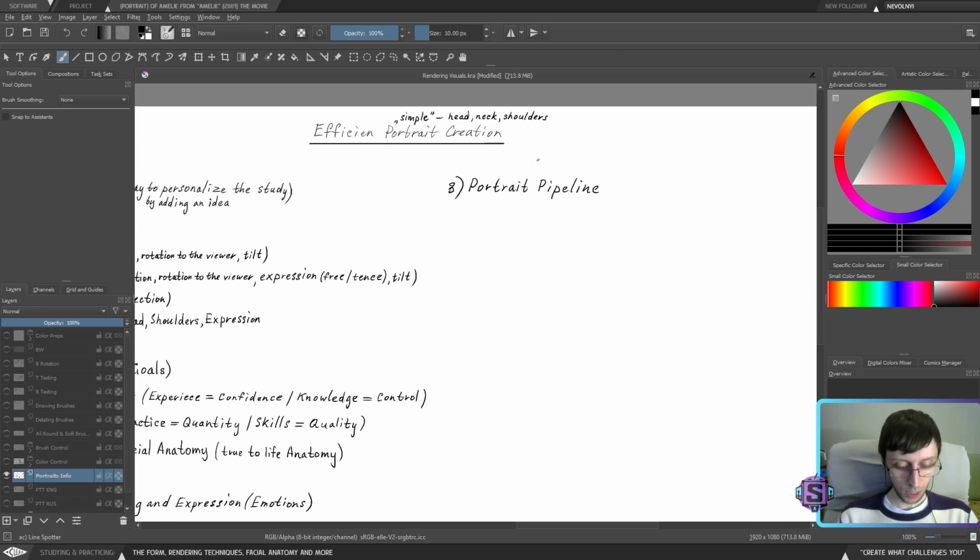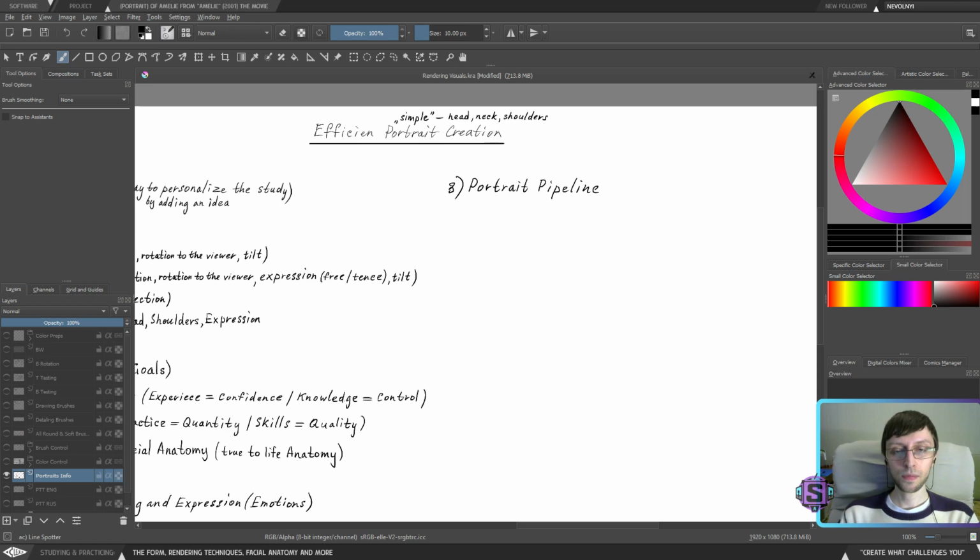So for now, let's just establish the portrait pipeline. Let's find it, I have it separately. It doesn't have that many stages though, it's a relatively simple portrait pipeline. For me, it's a way of studying. The portrait pipeline that I'm going to describe right now is how to look at portraits if you're just going to study.